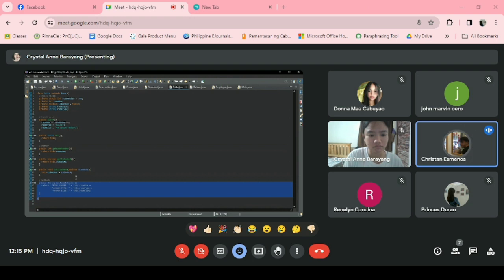Next is the class Deluxe. The Deluxe class extends the Room class and introduces additional fields specific to a deluxe room, including room number, booking status, room size, and room type. The class has a constructor that initializes the specific details of the deluxe room, such as room number, type, and size. The constructor sets the room type as deluxe and the size as 37 square meters when a new instance of the